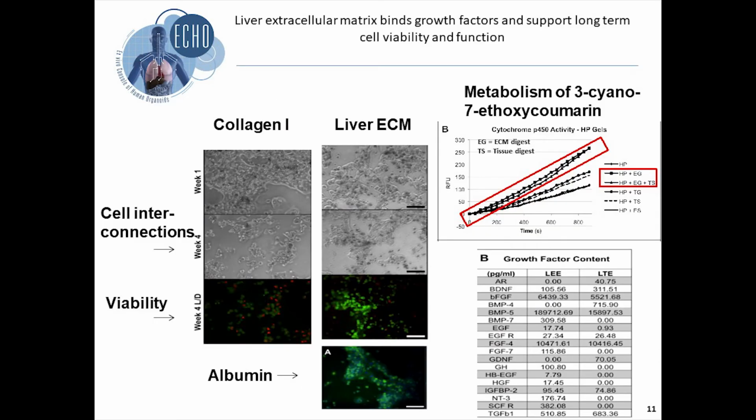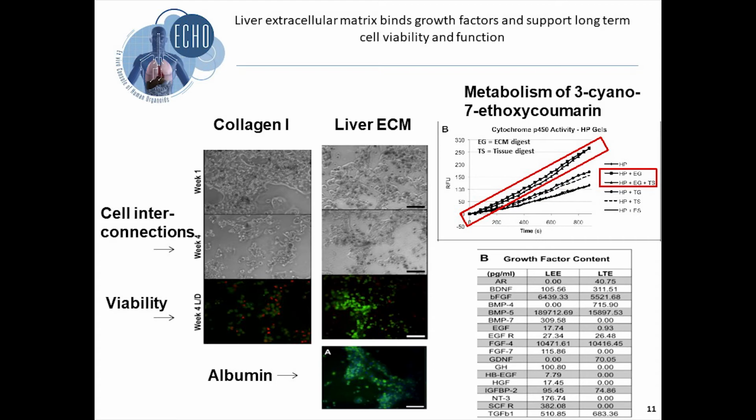Here's some more evidence that these hydrogels with the matrix in are supportive long term. These are 4-week cultures, and you can see on the left in a collagen sandwich gel, you lose basically all viability and function. With the hyaluronic acid hydrogel supplemented with liver extracellular matrix, we preserve viability and function out to 4 weeks, and you can see we have increased